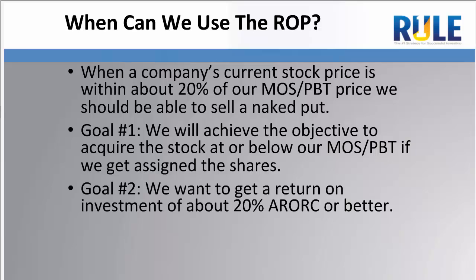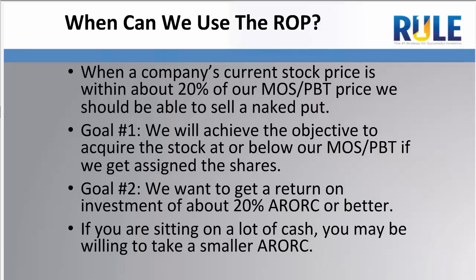So as I said earlier, we've got two goals. One is to own those shares at the buy price, at our on-sale price. And number two goal is a 20% rate of return or better. And most of us actually try to get 30% on an ARORC, I mean a 30% ARORC, on our companies that we're selling puts or selling calls. All right, so